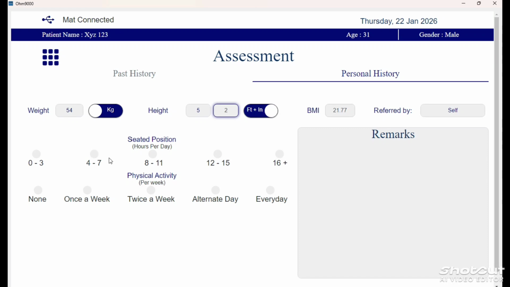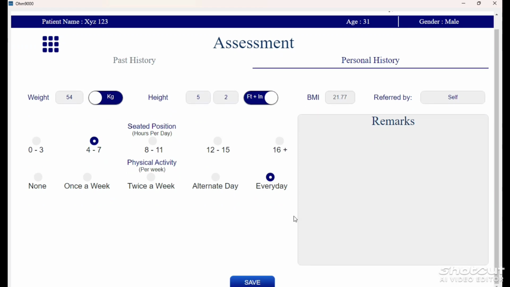Next we need to select the sitting position, hours per day, and after that the physical activity per week as done by the subject, and then click on the save button.